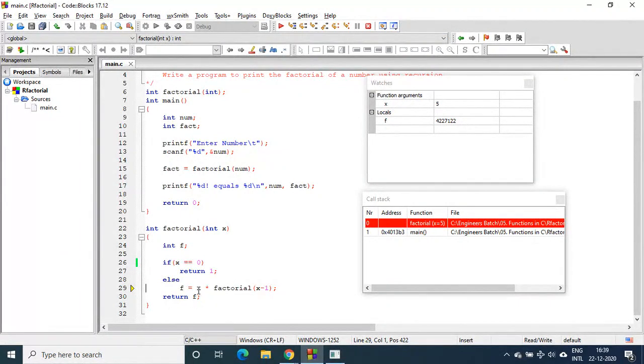Now here what happens? Control goes to the right hand side of the expression. And there, since function has got the highest priority, this will be called first, right? So from here, a separate body of the function is created and control goes again to the top and comes inside. Observe that carefully. And in this call stack, there will be one more function with argument x equal to 4. Just observe it carefully. And observe the value of x here, it is 4 now, right?